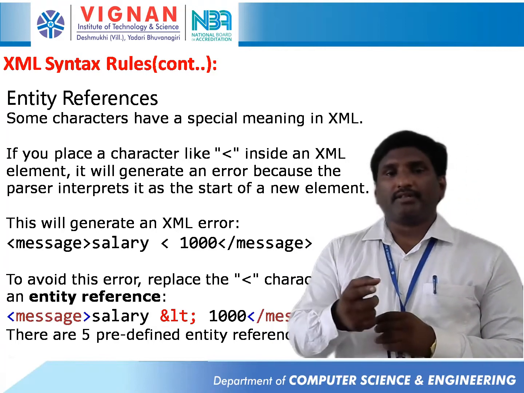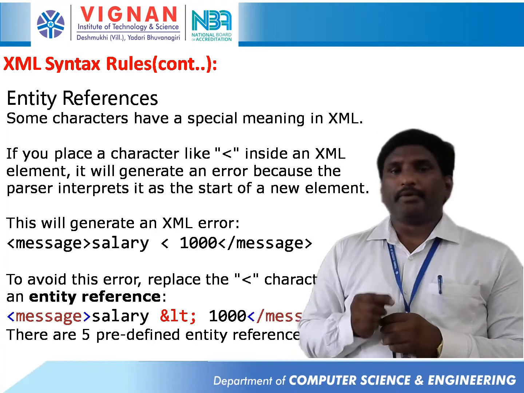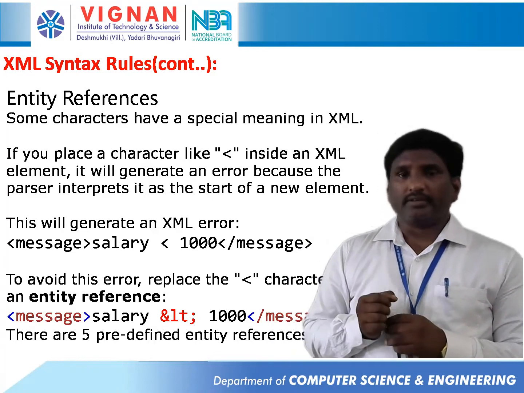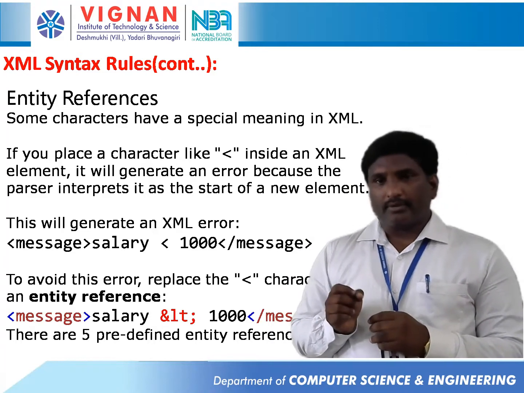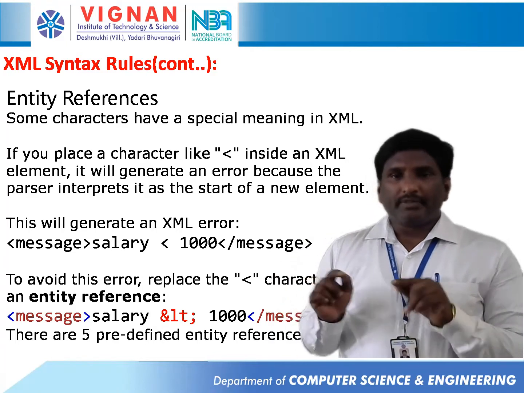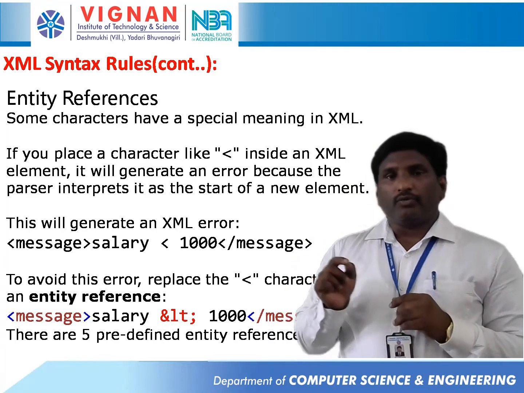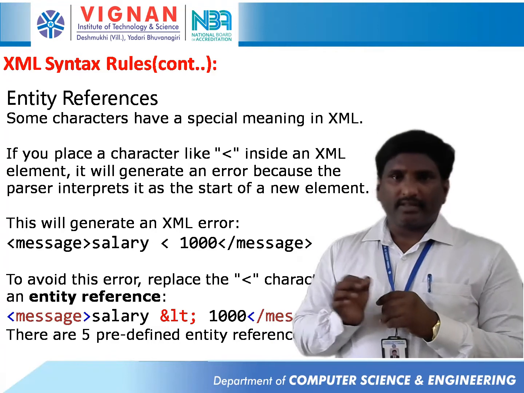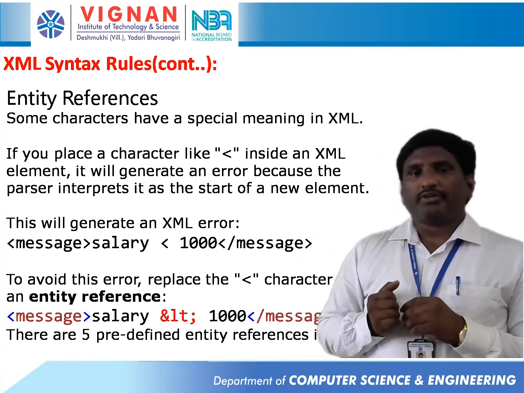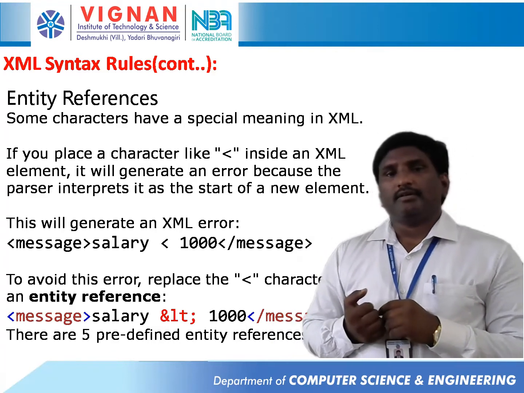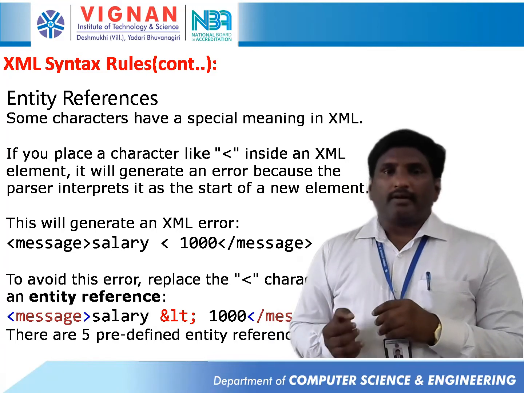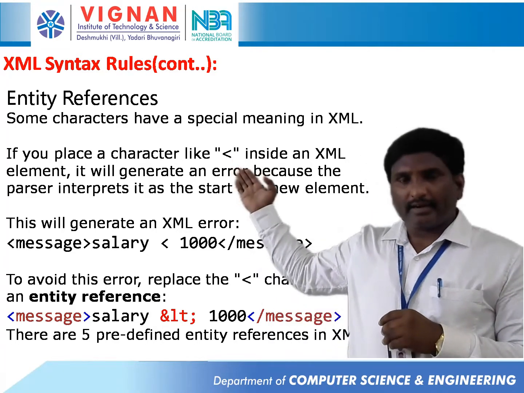Why? Because ambiguity will be incurred by the parser, since elements are written within angular brackets, and the less than symbol looks like the start of an element. So instead of writing symbols like less than, greater than,